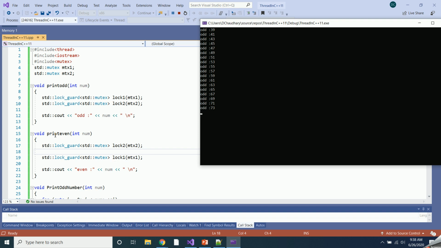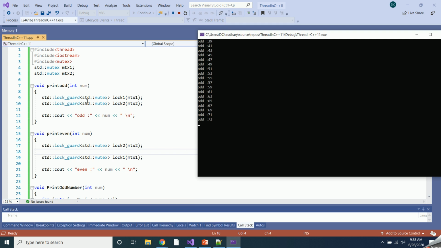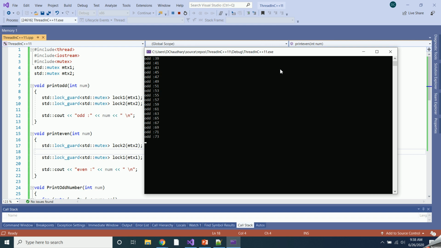If this print even acquired mutex 2 and then it acquires this mutex 1, which is already locked by this print odd thread, at this time it has to wait for this odd thread to unlock it. So this is leading to a deadlock situation where the thread has to wait for infinite time, and it will not get access to this mutex.